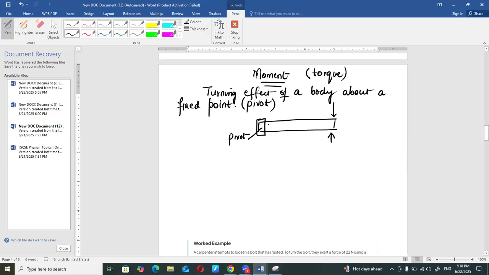So, what is important in the case of movement? There are two or three things which are very important. One thing is the pivot, which is a fixed point. Another very important thing is definitely the magnitude of the applied force. More force, more turning effect. Now, mathematically, what is it equal to? Mathematically, moment is equal to force multiplied by perpendicular distance